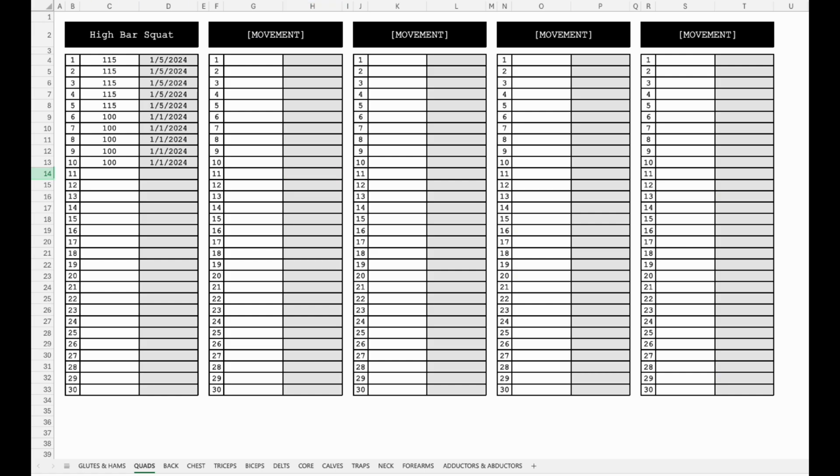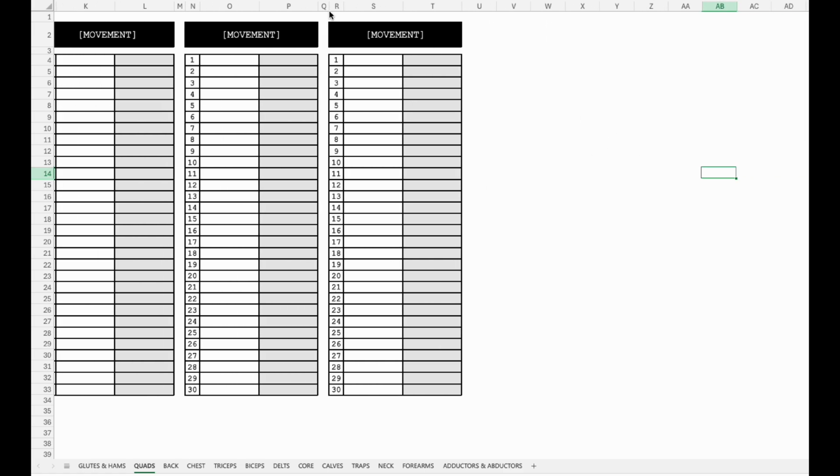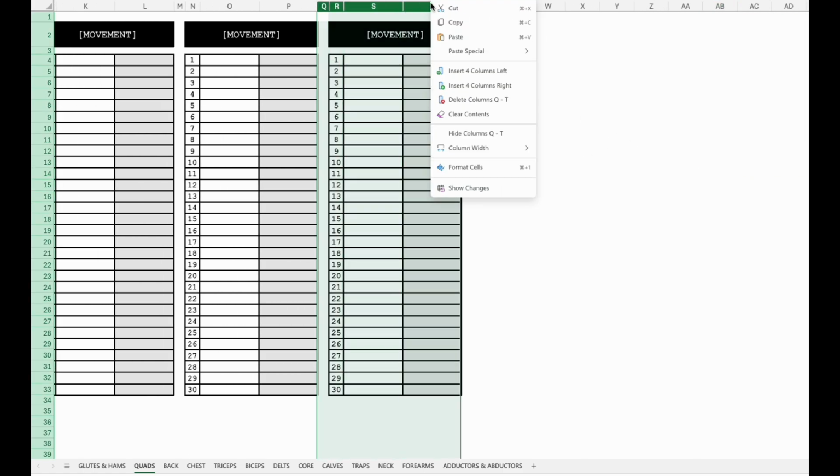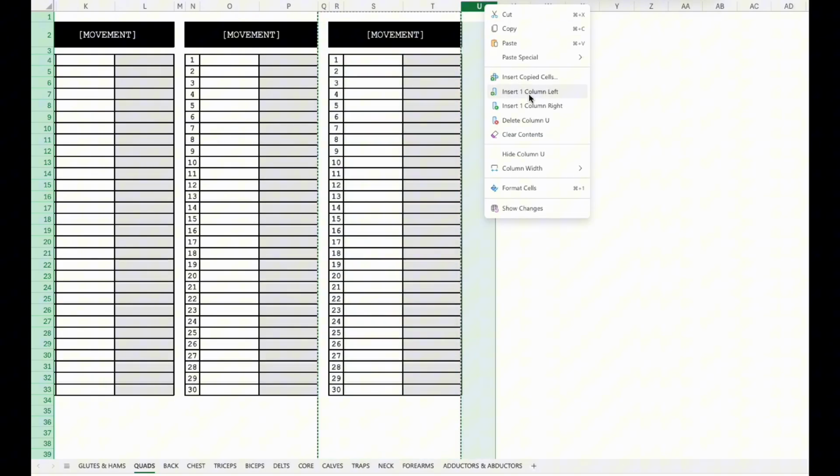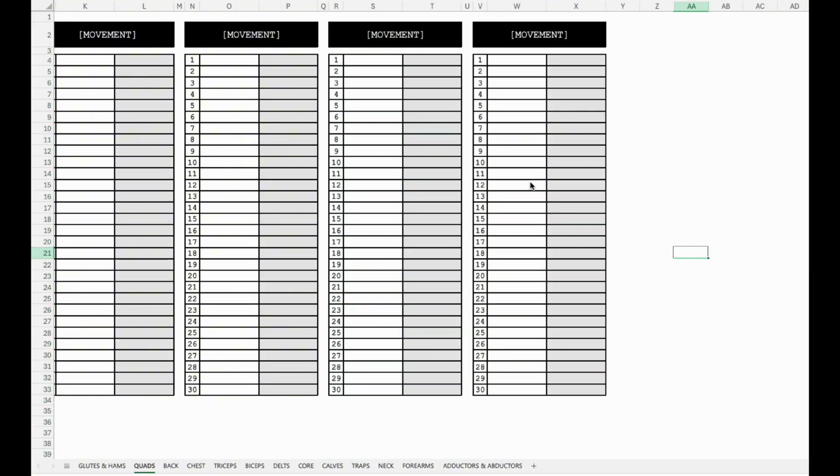It may look weird now because there's not much data in here, but as the years go by and you've worked in a broader array of rep ranges and set all kinds of PRs, this will start to fill out nicely. And I've just included 5 blank movement blocks in each of these tabs for this template, but obviously as you do more exercises over time, you would just copy this over like that and add movements as you need